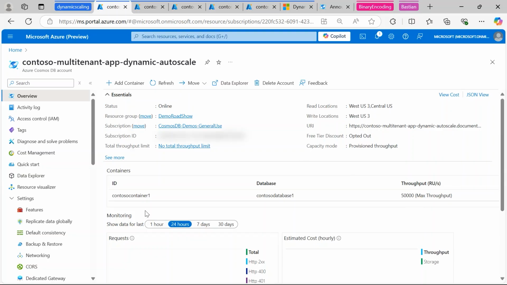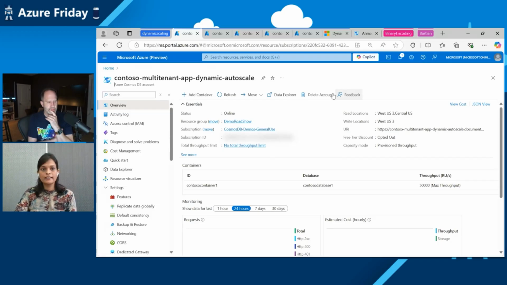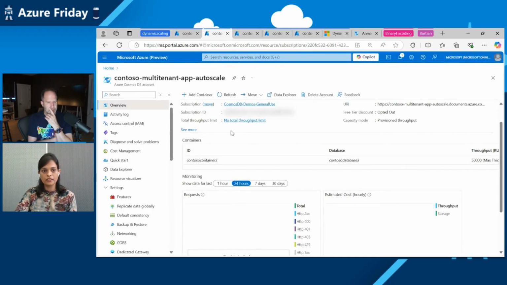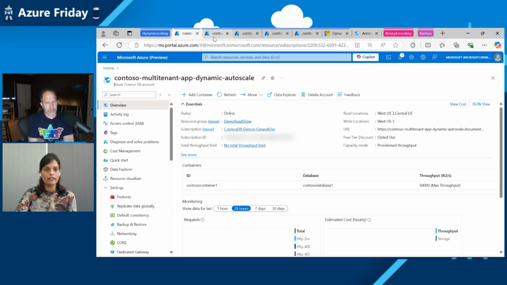This container has the tenant ID as the partition key, and you can also see that West US is the primary region, which is predominantly configured for reads and writes, and Central US is configured for disaster recovery or high availability. We have created another account as well with the same configuration, but with dynamic scaling disabled, so that we can compare the differences and the optimizations we could get from dynamic scaling. I have loaded the same data sets in both containers, and I started the read workloads against both containers just a few hours back, so that we can see some real-time metrics to understand the optimizations we are trying to get from dynamic scaling.